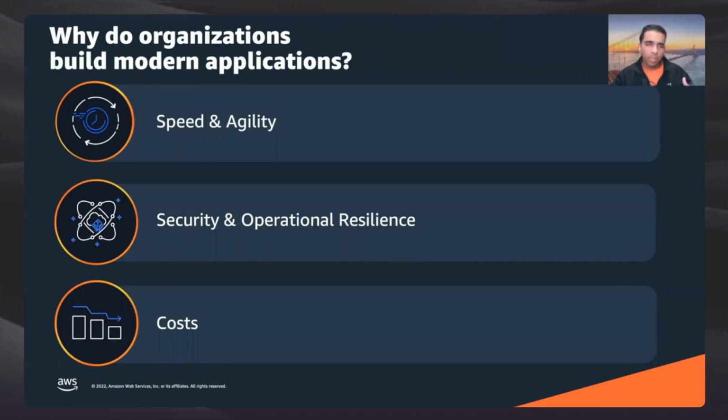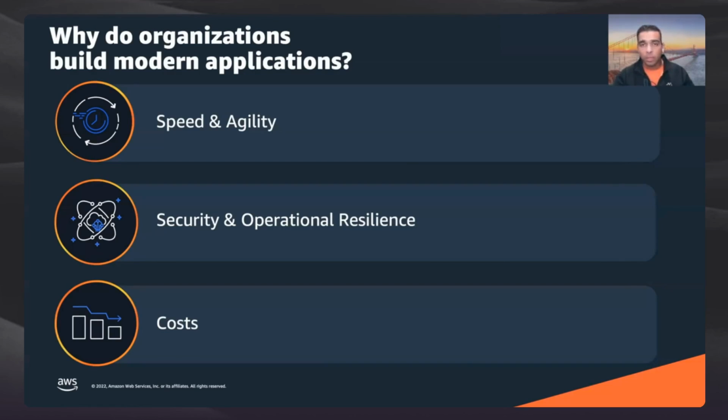Let's start by talking about why organizations build modern applications. Organizations really build modern applications to deliver speed and agility. To get to market faster, they want to respond quickly to changes in their markets. From past experiences, we know that customers who adjust and adapt quickly are more successful. However, what happens over time is that organizations spend a lot of time just keeping the lights on. With a cloud-based modernization, enterprises can spend more time writing code and less time managing the infrastructure that that code